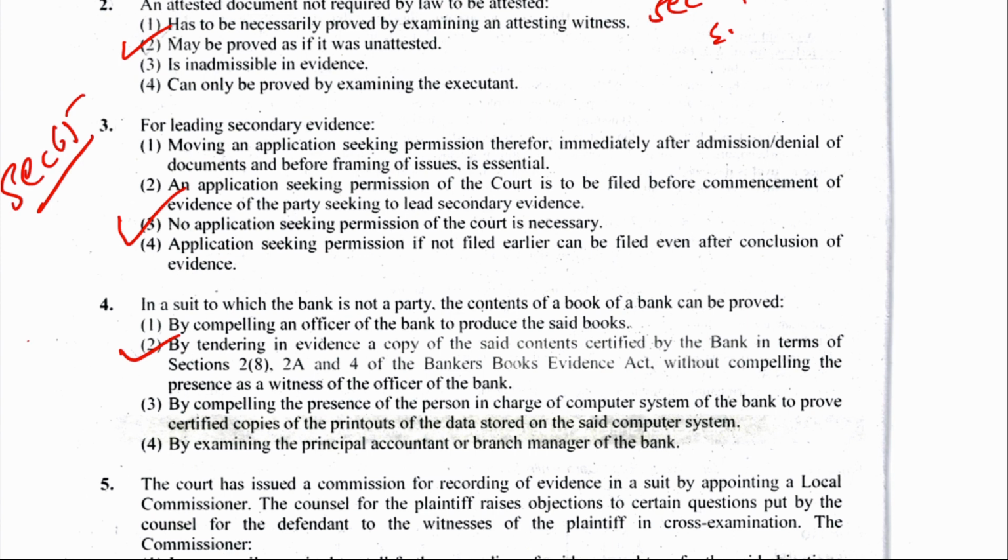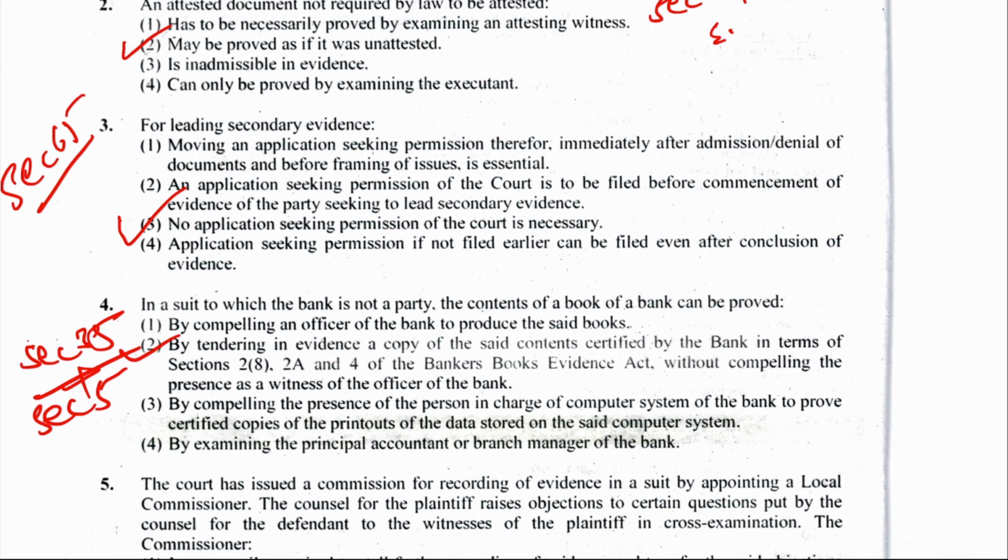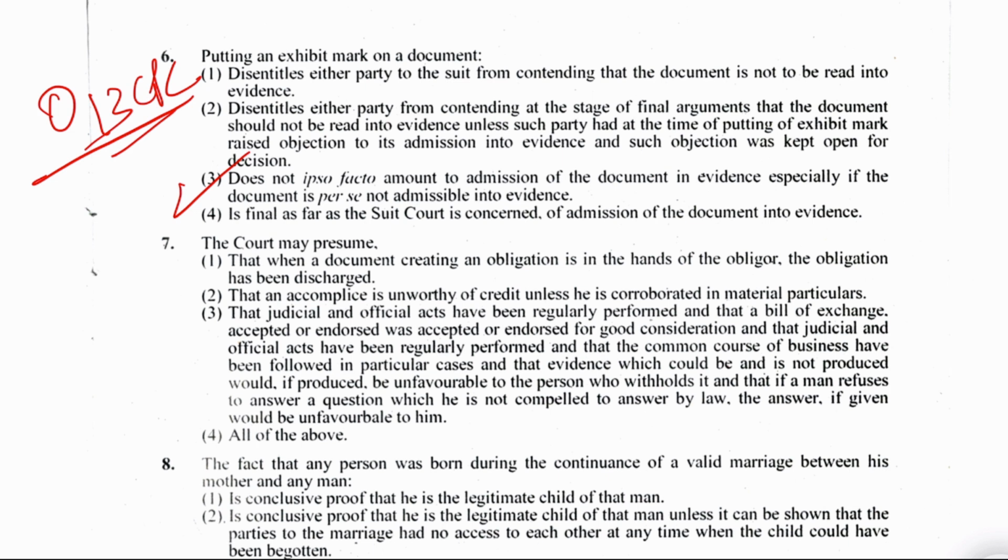This one is actually a conceptual question, and some gist of it is mentioned in section 35 of Evidence Act plus section 5 of Bankers Book Evidence Act. And together with that, it is also mentioned in section 139 of Indian Evidence Act. It says that when a person is asked to produce a document, he does not become a witness and cannot be cross-examined, right? Okay, so according to that, the right answer is option number 2.